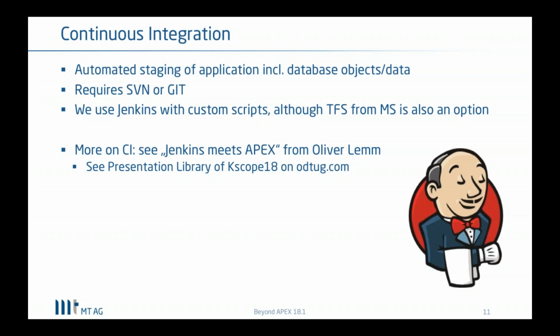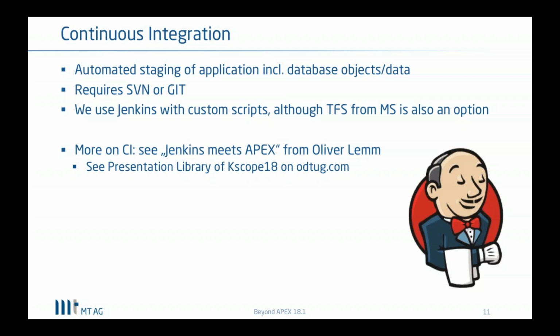You can talk for days about this topic, continuous integration, and we also give workshops in Germany, helping people get along, automating things, because a lot of developers are not aware of how to use Subversion, how to use Git, how to use Jira for ticketing purposes, how to use Jenkins to automate the staging process. And it also comes with an Apex project. So you have to address these topics to make an Apex project successful and streamline it. So be aware of this.